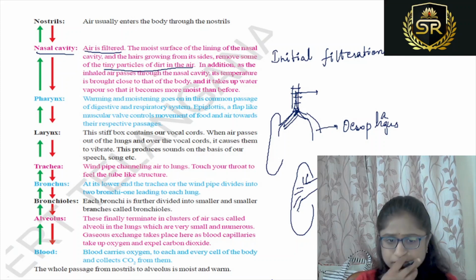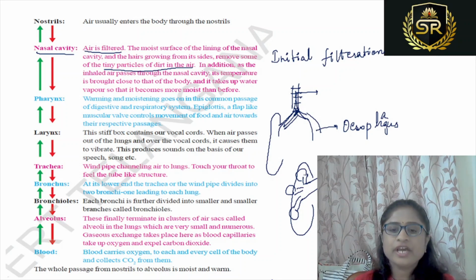Alveolus. Finally, the bronchioles end in clusters of air sacs. Very small air sacs are present in numerous amounts, and the gaseous exchange happens between